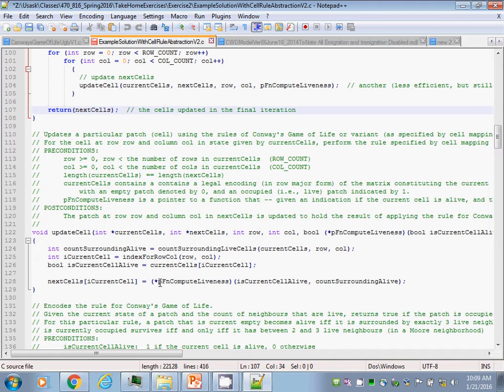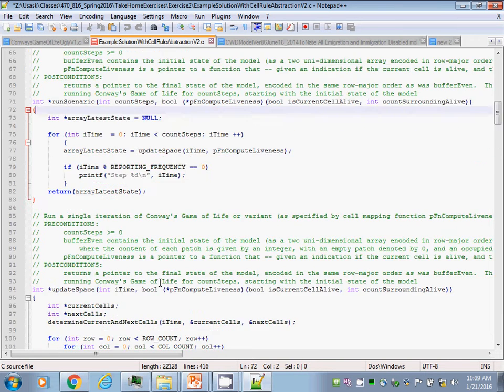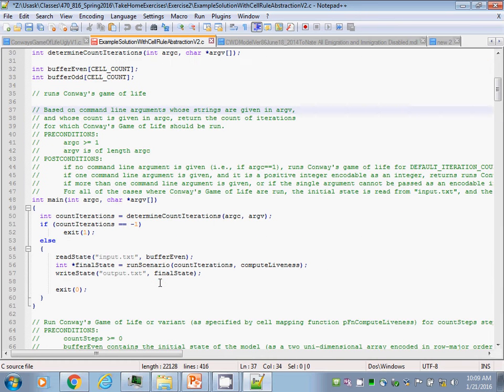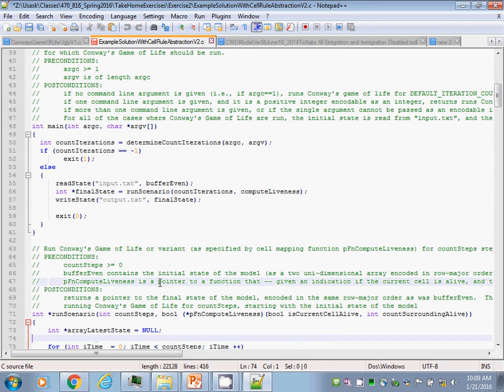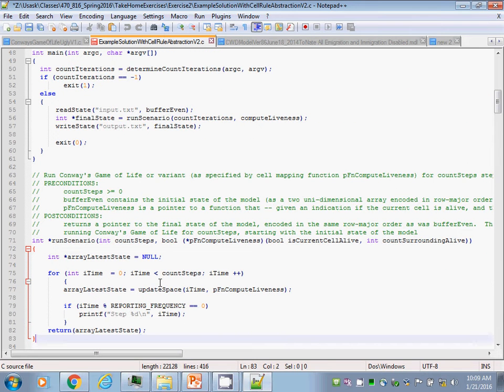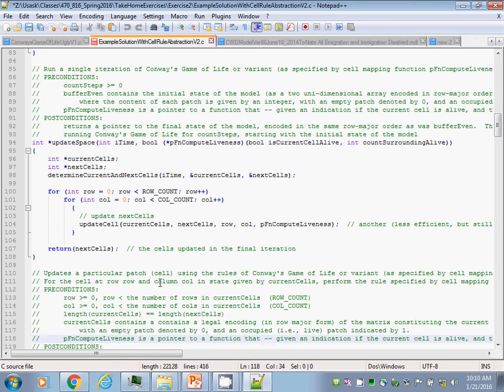So maybe we'll make this specific, rather than abstracting it to a higher level and saying A calls B, B calls C, C calls D, I'll say main here calls off to what? Calls off to, well, in this case, I'll pay attention to run scenario. I'm not showing the complete call tree. Showing a call chain that can occur. Main can call run scenario. Run scenario calls update space. And update space calls update cell. And update cell calls off to this